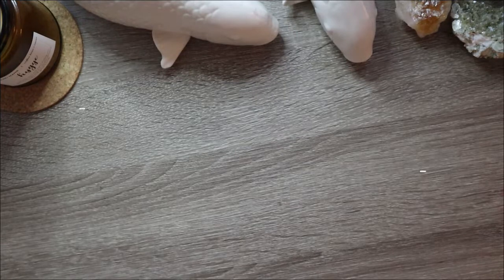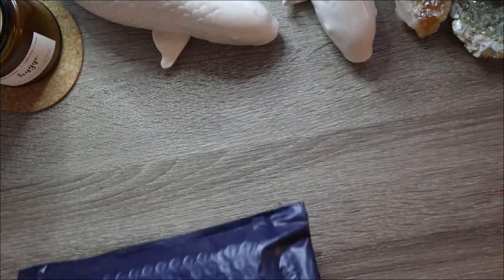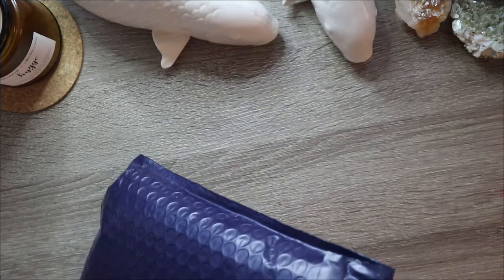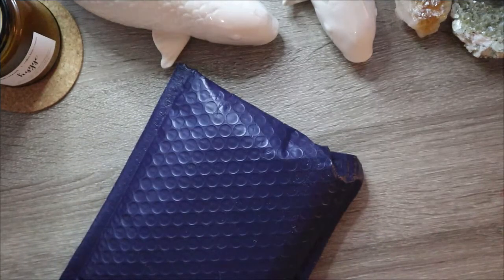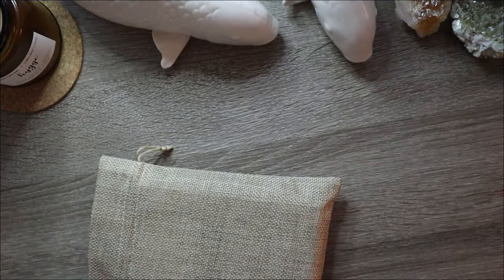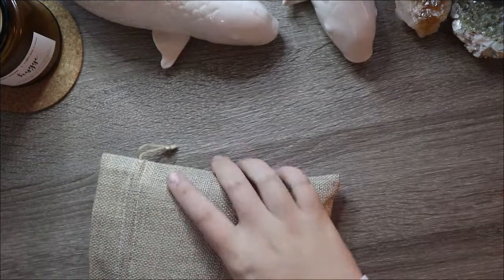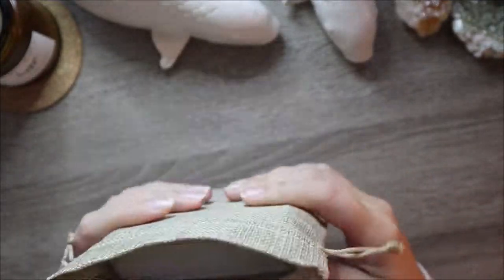So this is a card deck that was on Kickstarter. Sorry, I didn't think to open this before, so I'm trying to open it now. This was a card deck that was on Kickstarter, and I wasn't able to get it then. It just didn't work out timing wise, so I didn't end up getting it when it was on Kickstarter. And then she had some extras that she was selling on Etsy,